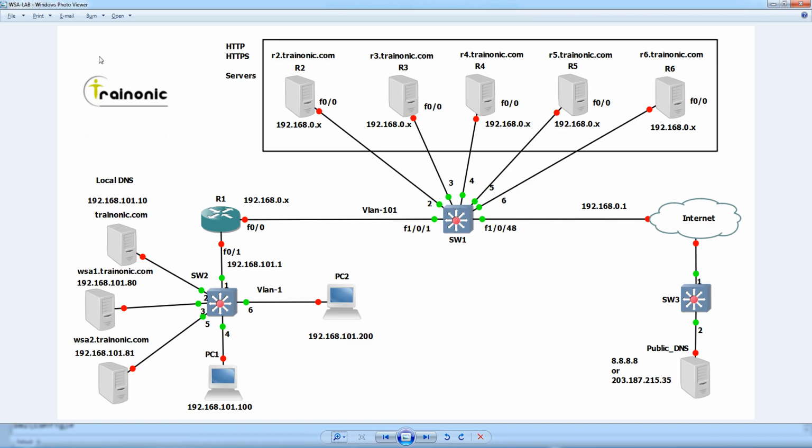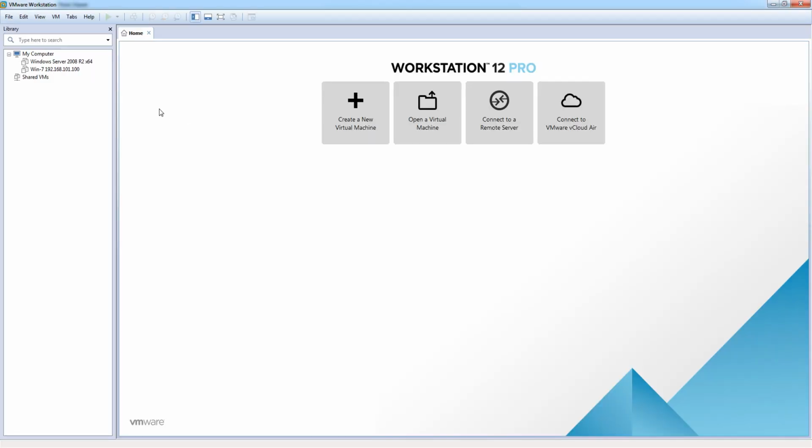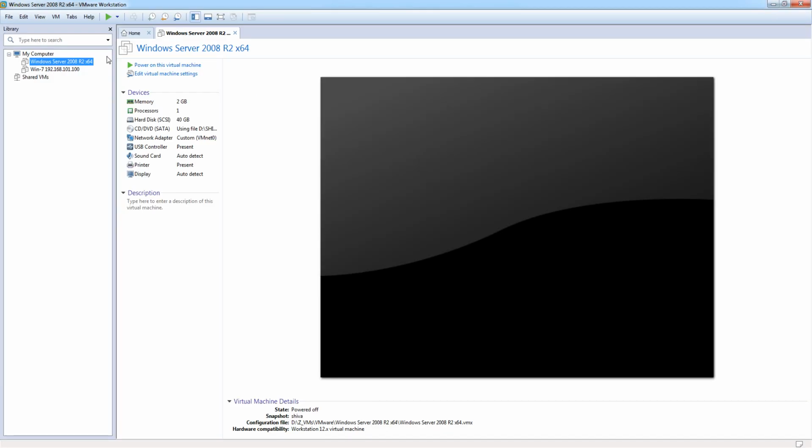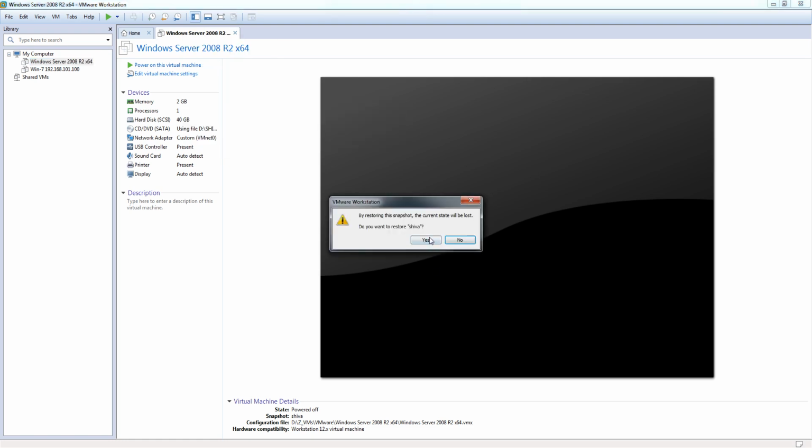Done. Now we have virtual machines here. We will use AD and then PC. First of all, let's start AD. This is our Active Directory. Then revert with snapshot.